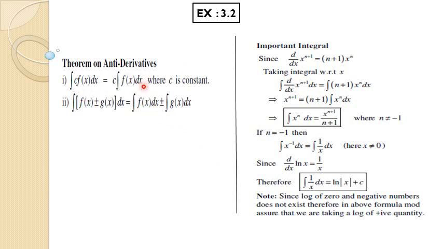This is the basic formula, that theorem of antiderivative, that integral of c of f of x dx is c, is the coefficient. Okay, or we can say constant. So c is outside from the integral, means any coefficient is outside from the operator, just like limit, just like derivative. Okay, and the second one is, if integral is on two functions, so integral goes to the f of x and g of x as well, means both the function have the integral.